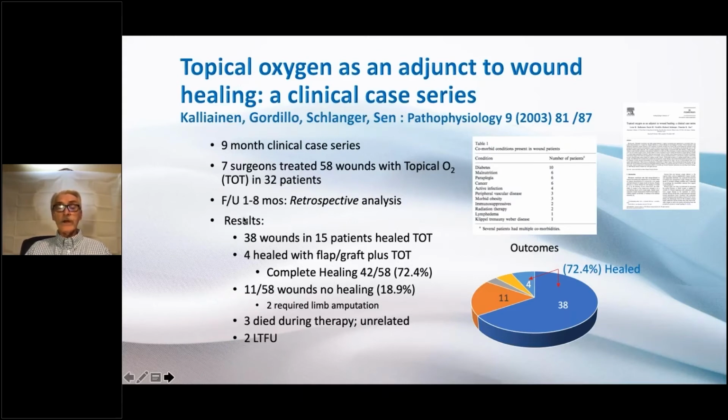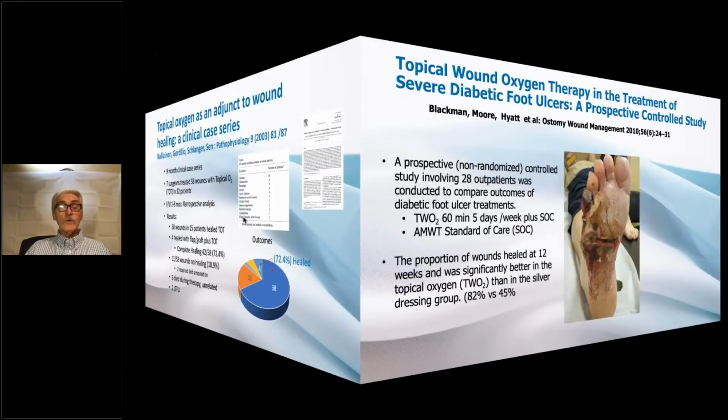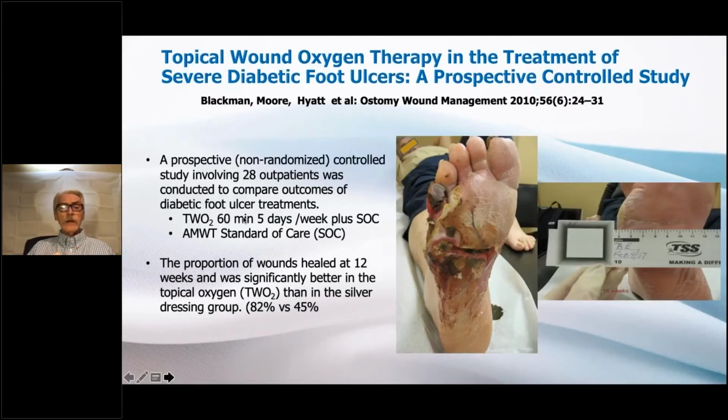Several were lost to follow-up. So, you know, this is just one of those case series. It's retrospective. It's not hard evidence, but still it is evidence that supports a positive effect of topical oxygen therapy for chronic wounds. This non-randomized study by Blackman out of Canada was a prospective controlled study with topical oxygen patients versus